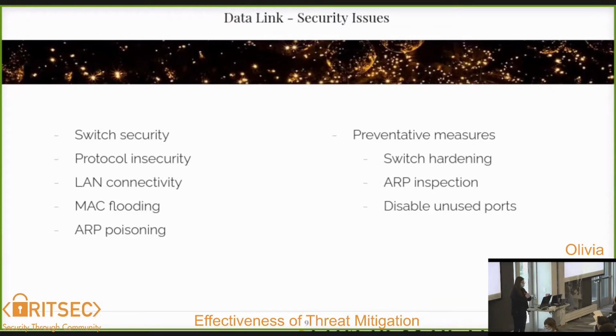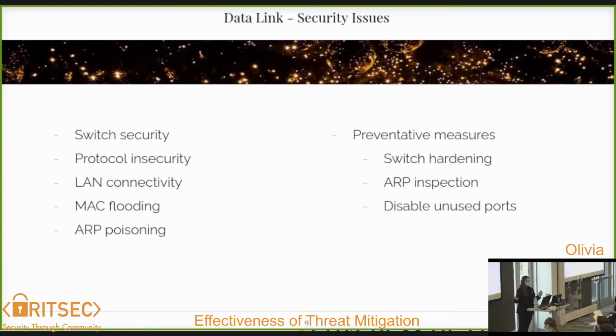One thing to watch out for in an organization is malicious and ignorant employees, because they can mess with the switches and the LAN connectivity, and then it will break stuff, and a whole bunch of security issues will happen. And the unfortunate part about this is that it's very easy to do. It's really easy to mess up this type of stuff, and then people will often like to blame it